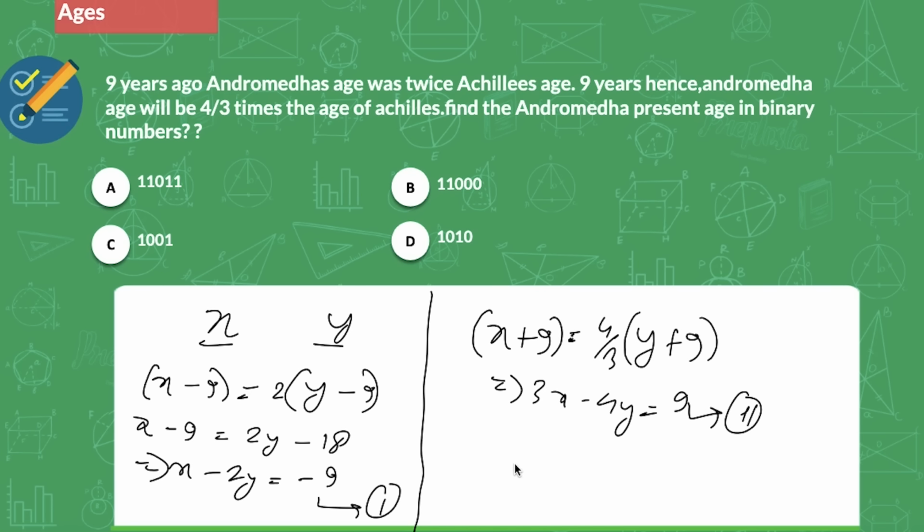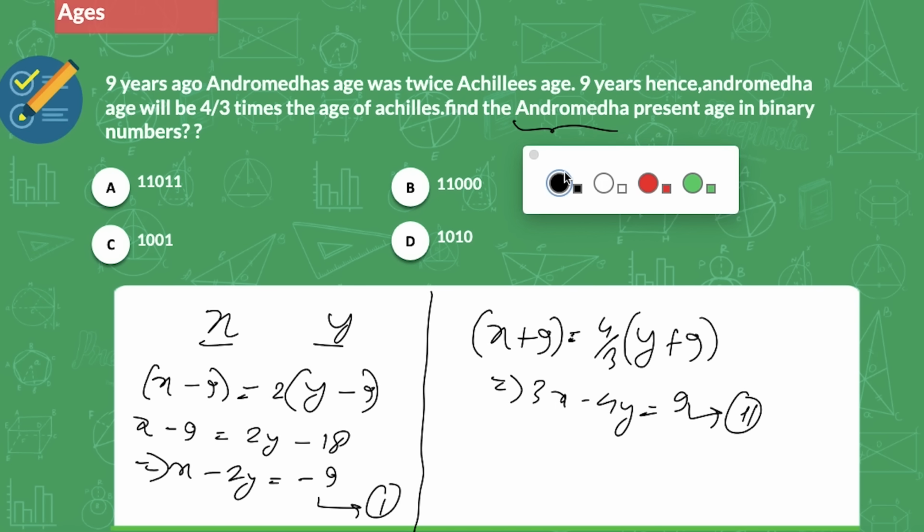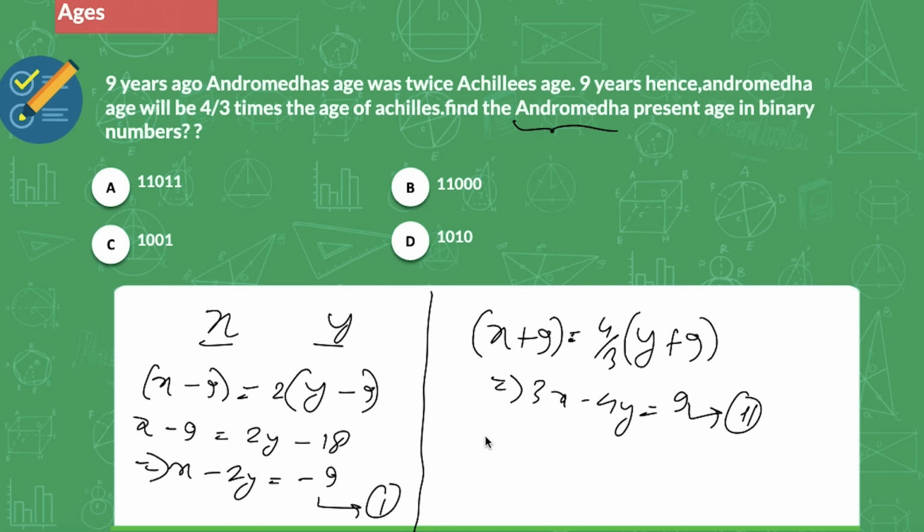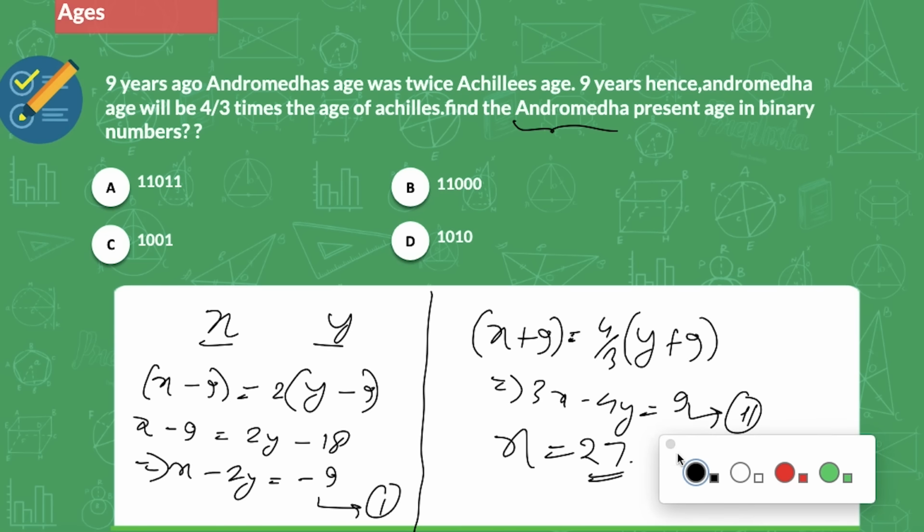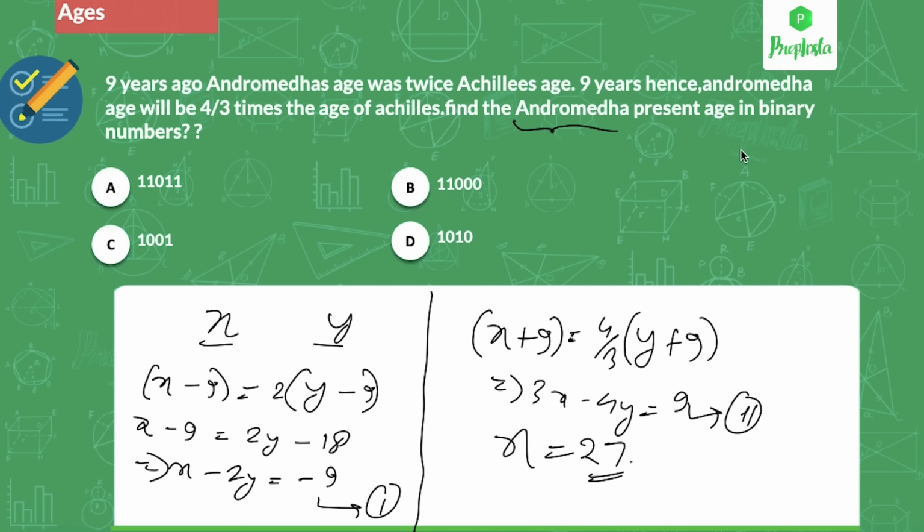Yes, and I know you're smart enough to calculate the age of Andromeda from here, right? We don't need to calculate Y because the question has only asked you to find the age of Andromeda, so we just need to calculate what is X, right? So that I hope everyone can calculate from here. If I calculate X, I'll get X as 27. You guys can pause the video and try finding out the value for X. So X, I got it as 27, but that is none of the answer because you need to find the